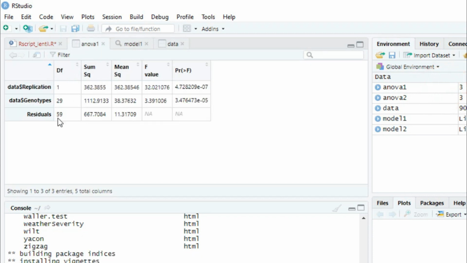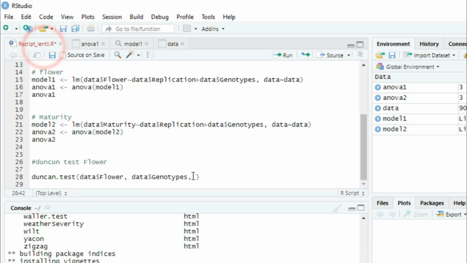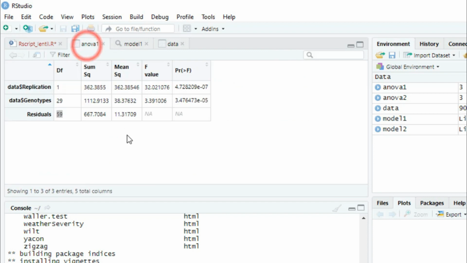So in ANOVA 1, it is DF 59, so you can copy there and paste, and the ANOVA sum of squares and mean square.